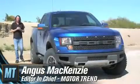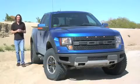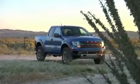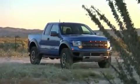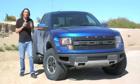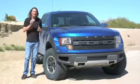Now, I've always thought of Ford's F-150 Raptor as a Porsche 911 GT3 of pickup trucks. Now, bear with me with this. Like the Porsche 911 GT3, this is a race-bred piece of machinery you can drive every day on the street. And when you take it on the track, or in this case, off the track, it makes you feel like